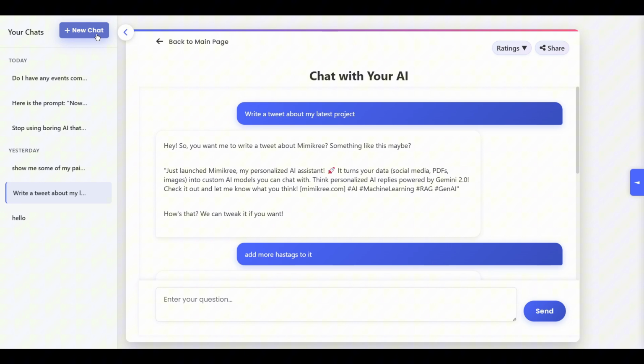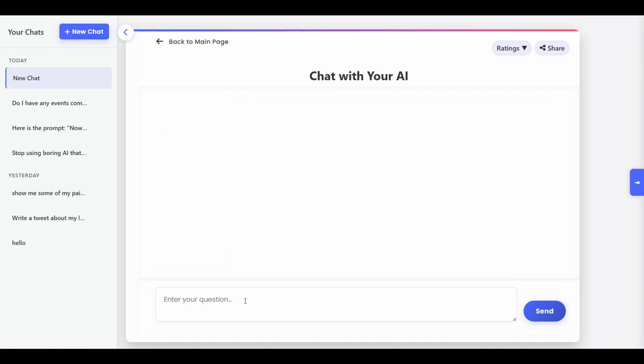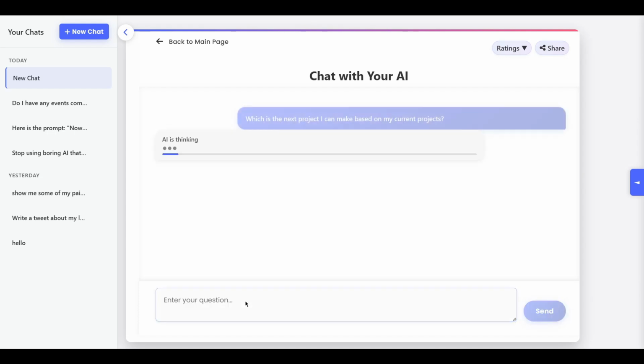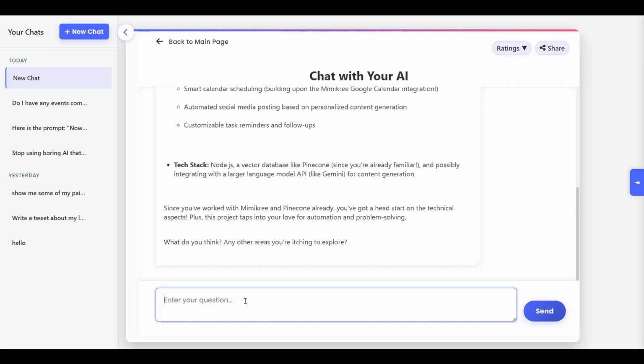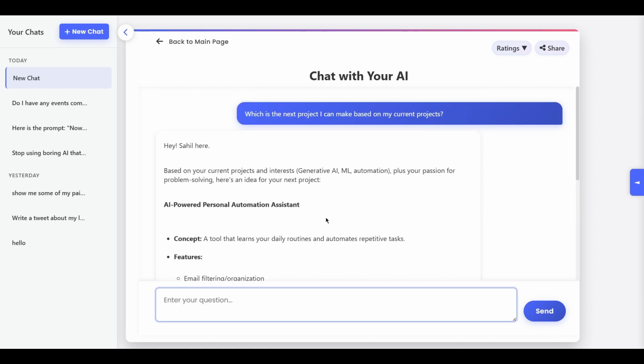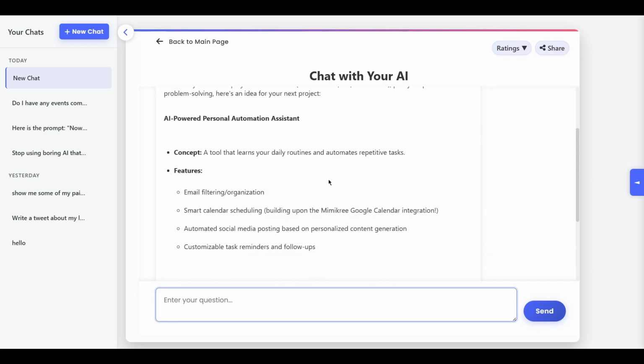All right, let's create a new chat and interact with our model a bit. Let's ask it, what's the next project I can build based on my current work? Now, this really puts the model to the test. It needs to understand what I've already done and what I'm actually interested in. Whoa, look at that. My Mimikree model just suggested to build an AI-powered personal assistant system based on my existing